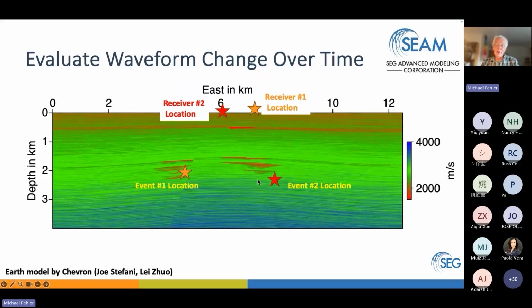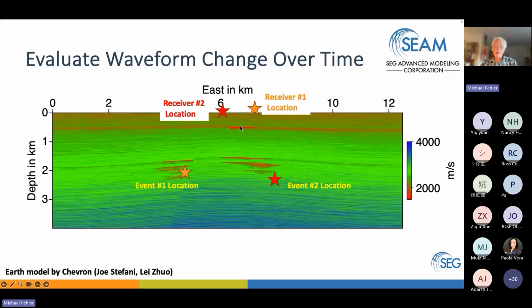And then we have another event over here, recorded over here. It does go through the eastern reservoir, and it probably doesn't go through the shallow reservoir. But again, the idea was, can we look and see how the waveforms change with time for three different models: the baseline, the 9-year injection, and the 30 years. So in 9 years into this injection, the CO2, this is a 30-year plot. So the CO2 is not actually, there's no CO2 up here.